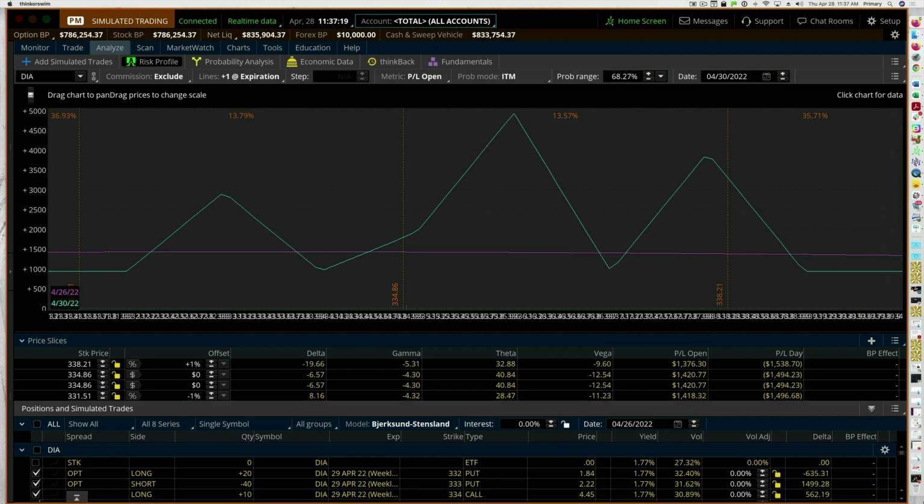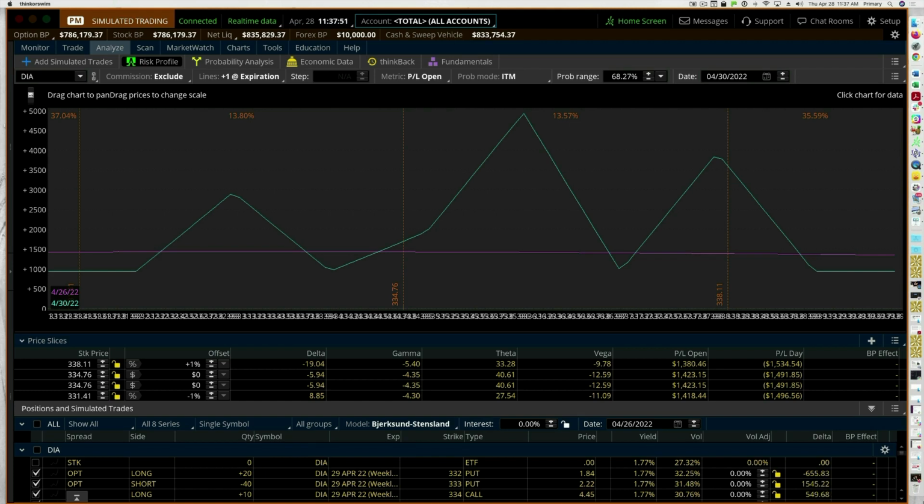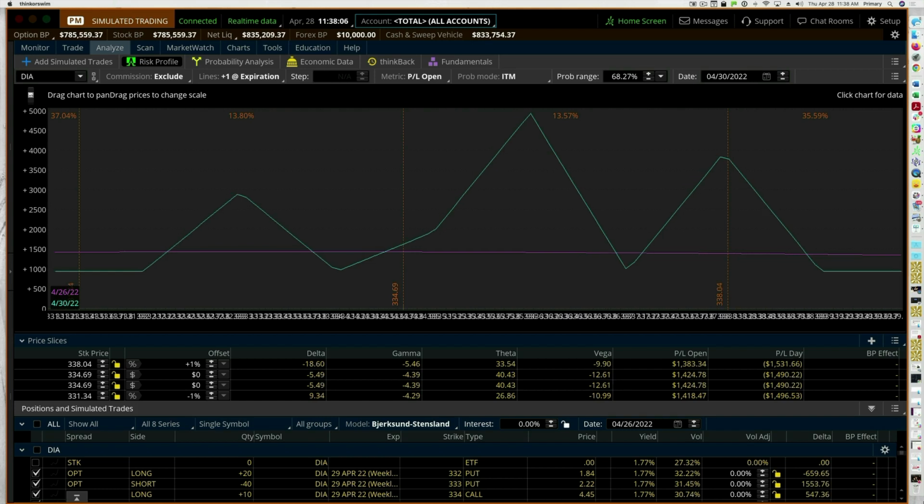And number two, it required adjustments. In order to keep your tent in the center of the current price, you had to constantly adjust your tent through either calendar spreads or through selling condors, or bull call spreads or bear call spreads. You had to do a number of different adjustments in order to keep your maximum profitability in the center of that tent. And that tent is your profits. And if it goes outside, if we have a big sell-off or a big rally in either direction, you would basically have a losing position, or you'd make very little income.